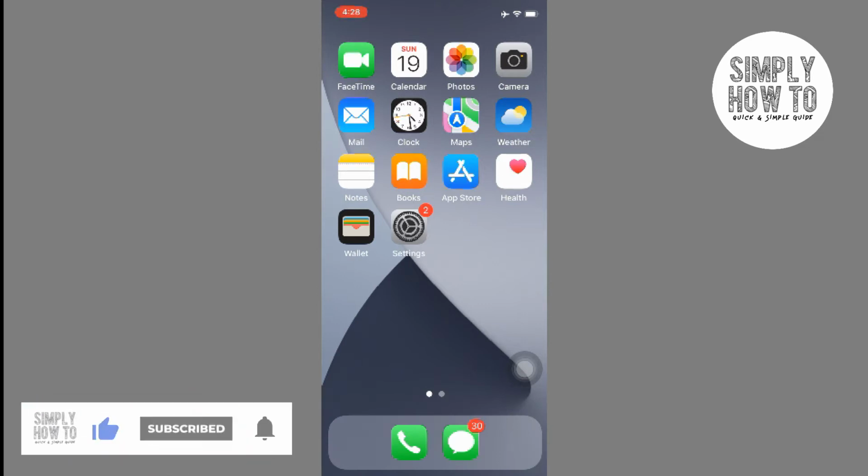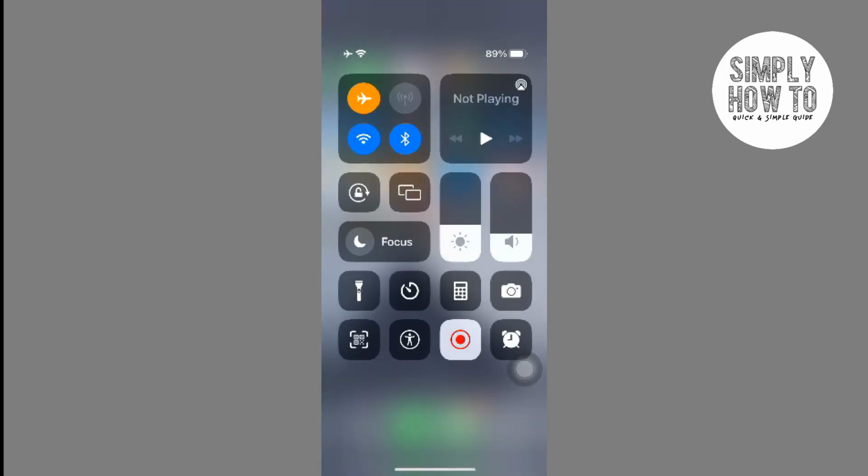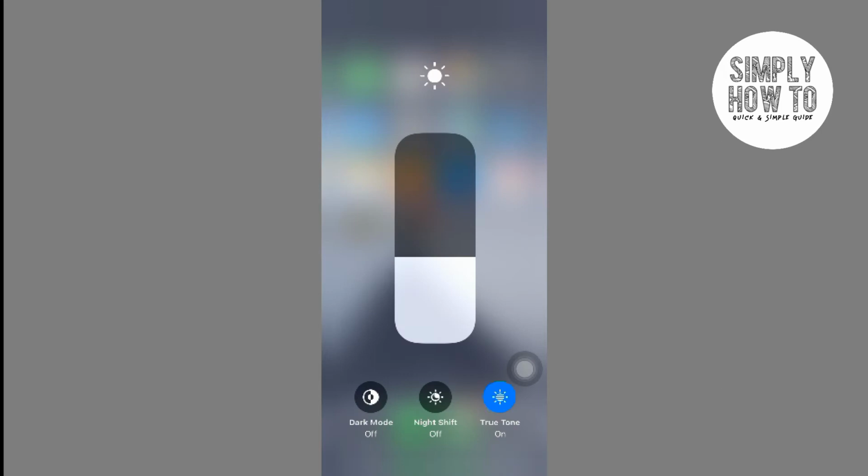And with that being said, let me show you how it's done. So natively, you cannot turn off auto brightness directly through your control center. Dark mode, night shift, true tone, these are not auto brightness and they do not manage the setting. So now if you want to turn off auto brightness, which is by default switched on your iPhone, you will